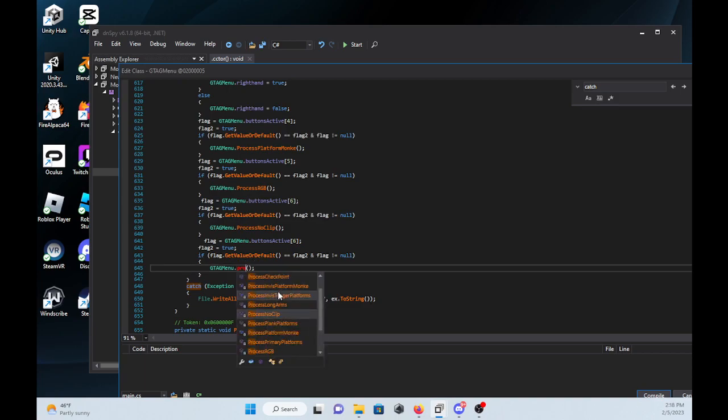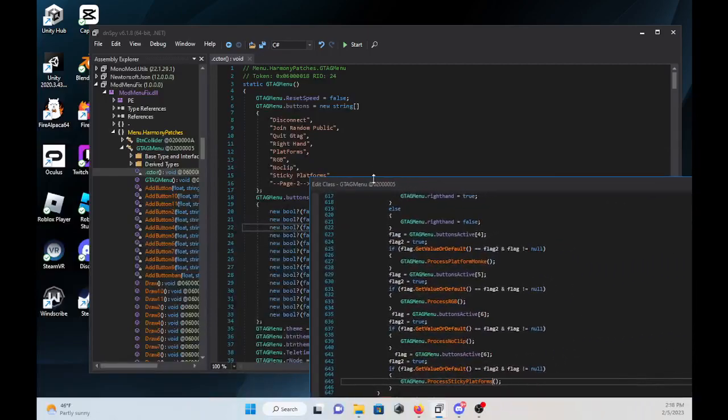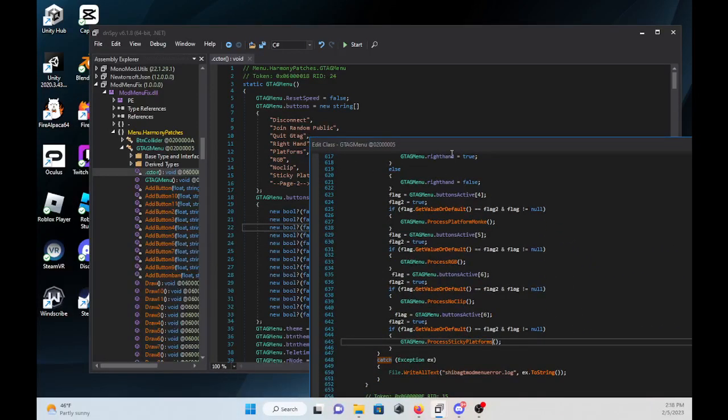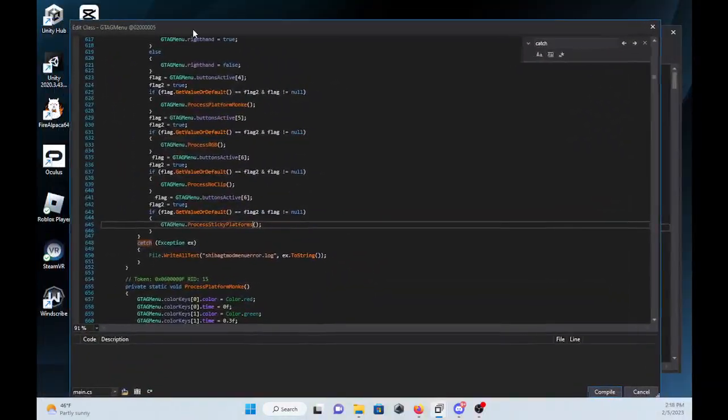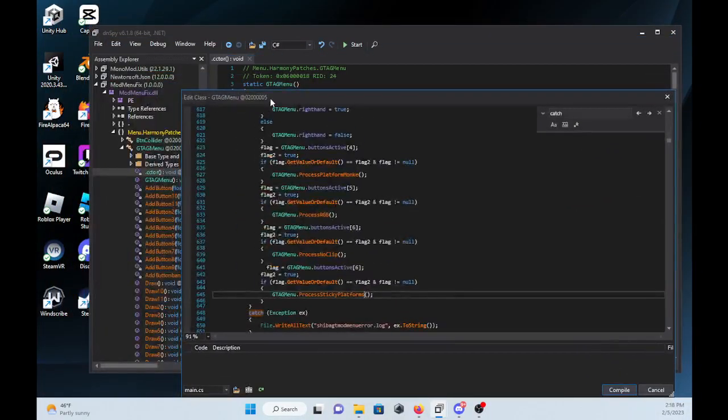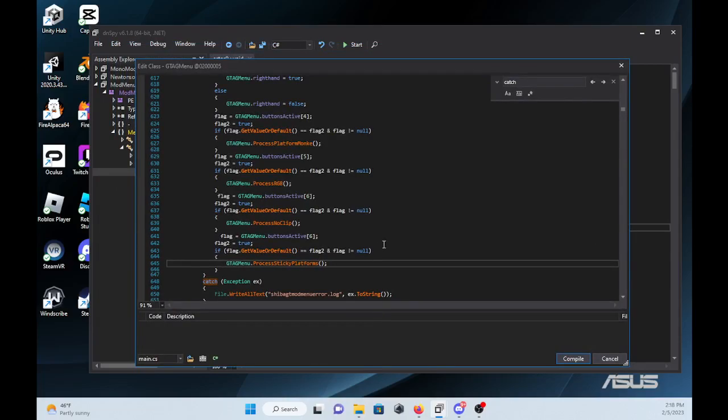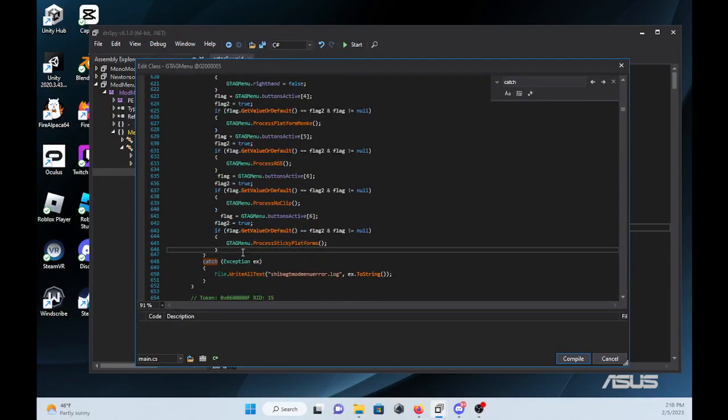Or you can just type in process and then scroll down. Long arms does not work, at least is what I know. And then sticky platforms. Now you don't have to worry about these because it already sets that up. So yeah, you can resize the thing if you want. Alright, and then